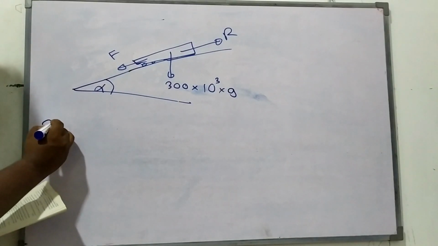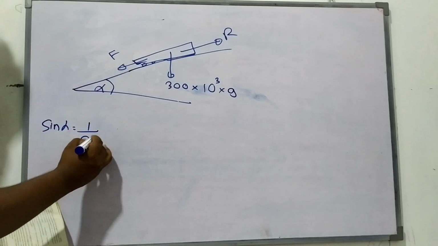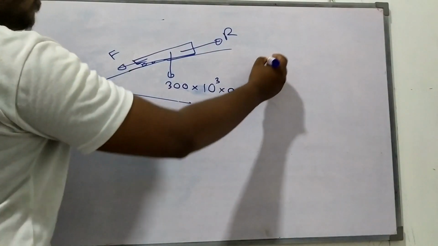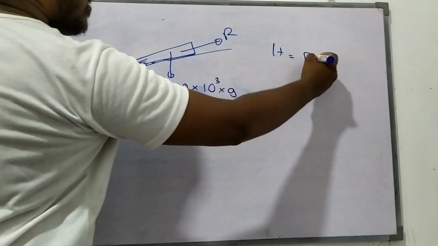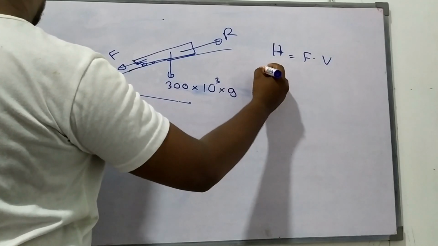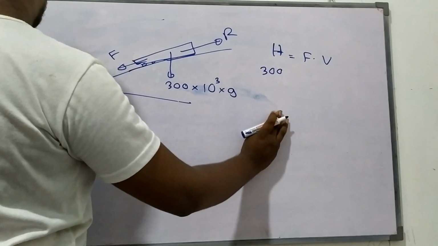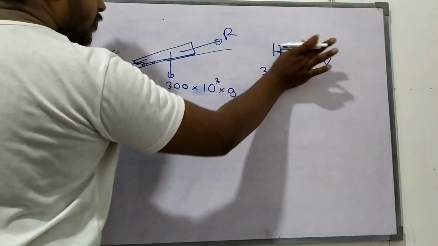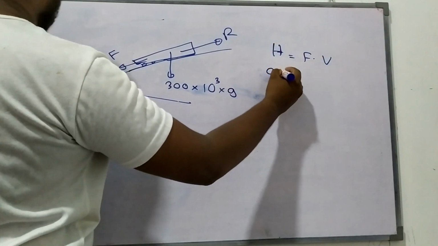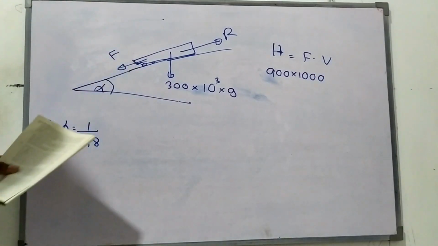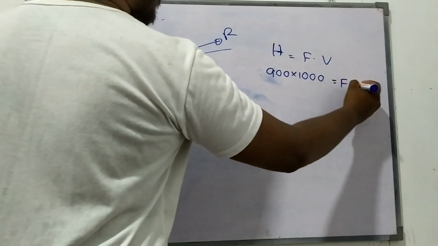The sine alpha means 1/98. H equal Fv, you know. H means 900 kilowatt. The F is F. The V means,